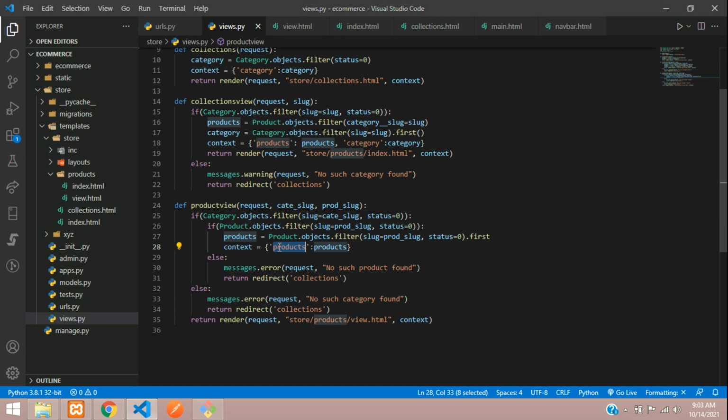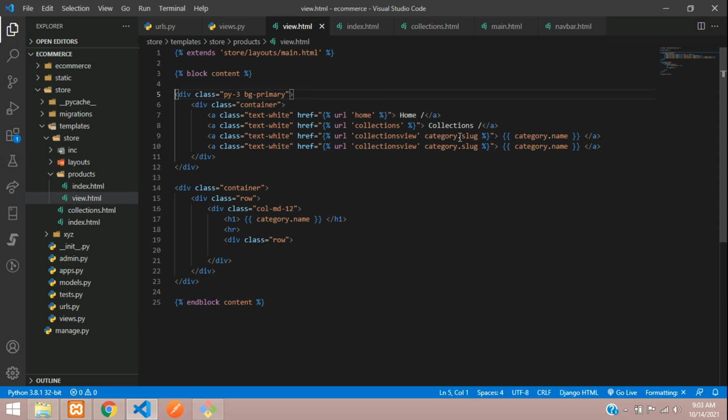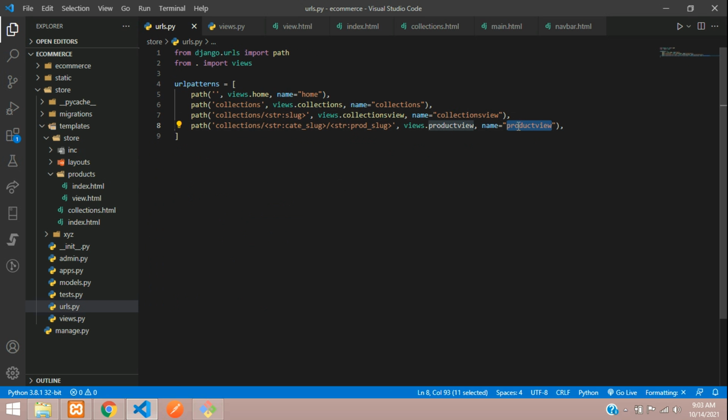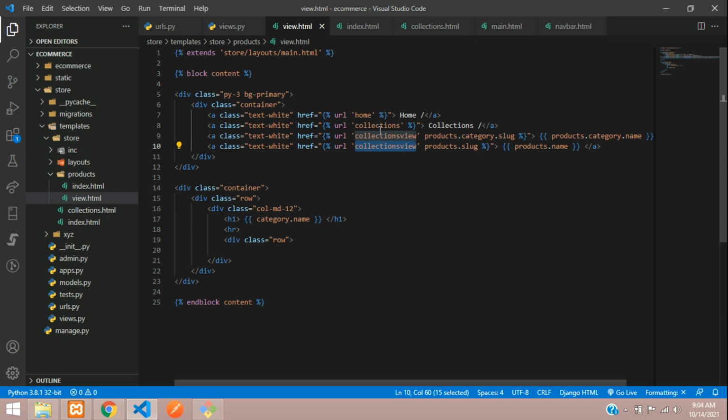We have passed the products, right? So just copy that and paste it over here. Products, products dot category dot name, and the same thing over here. Products dot category dot slug, and here we'll have it product slug. For this, I think we need to change it. So we need to give product view, and we need to pass two arguments here. Say product view with the category slug and the product slug. Save, and here we will be echoing the product's name,